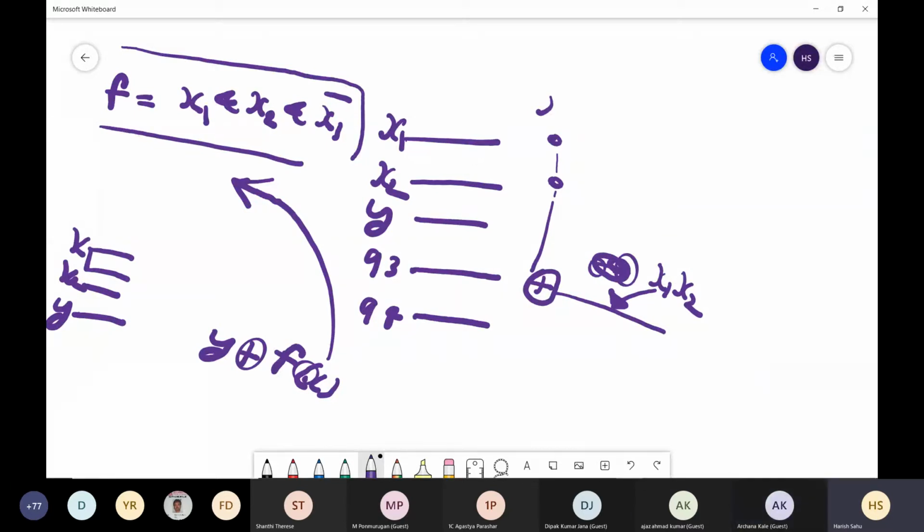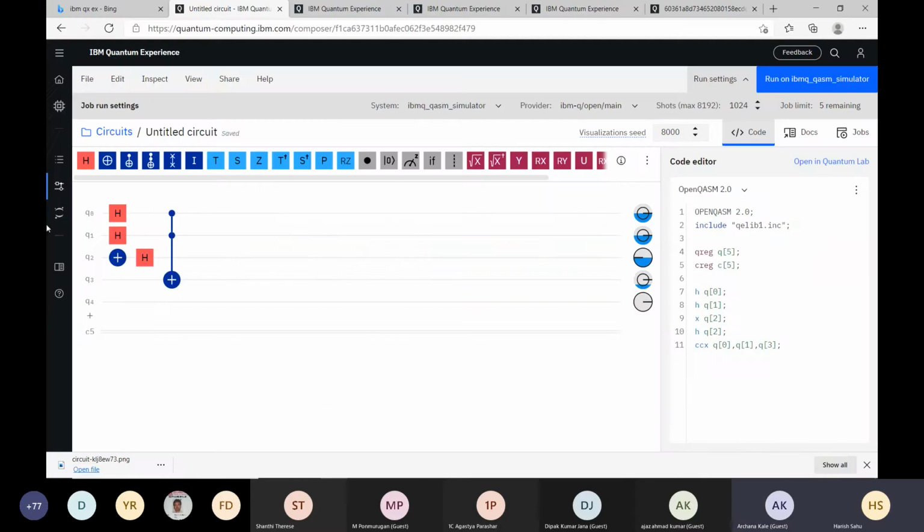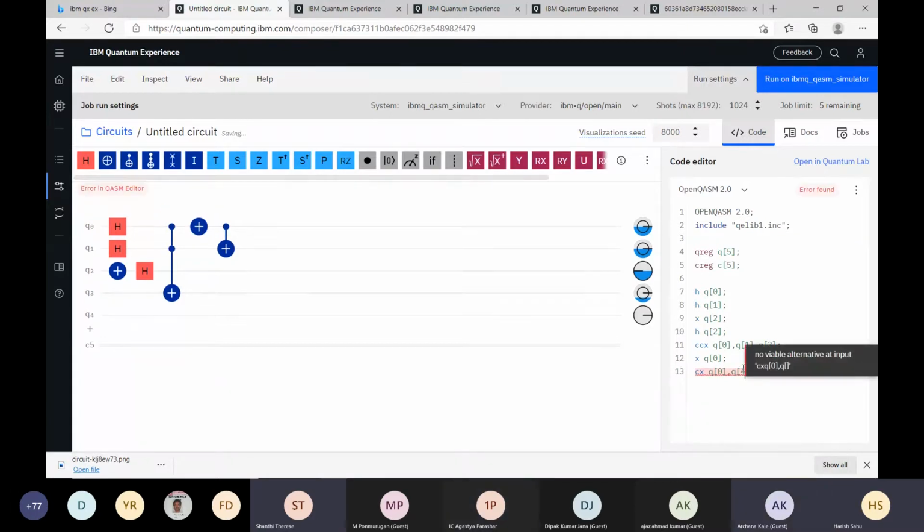So it is basically x1 and x2 that we have brought in here. Now what is the function? We have collected this component. Now we have to AND it with x1 bar. So I need to get x1 bar. How can I get x1 bar? If I apply a NOT gate on this x1, what I'm getting is x1 bar. And if I apply a CNOT gate from x1 bar to Q4.